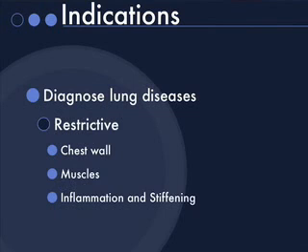Restrictive lung diseases reduce how much air can be moved in the measurement. That is, the chest cannot move as much as it should be able to move. Obesity is one of the common problems. In people with morbid obesity, the chest wall is held down by the additional weight on the chest. There are others that are deformations of the chest, such as kyphoscoliosis.